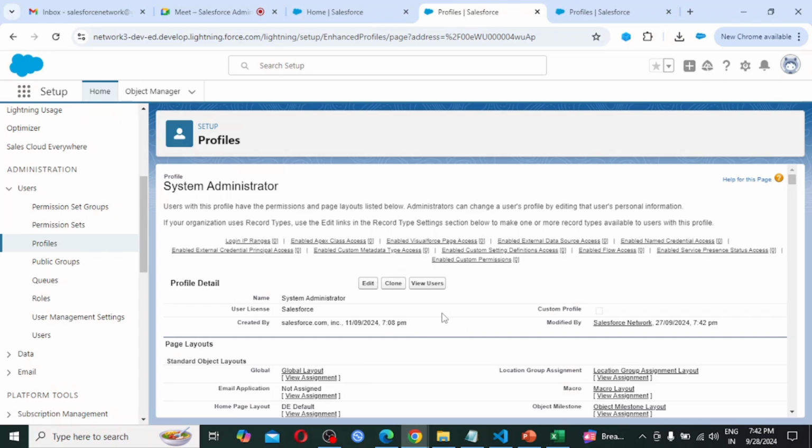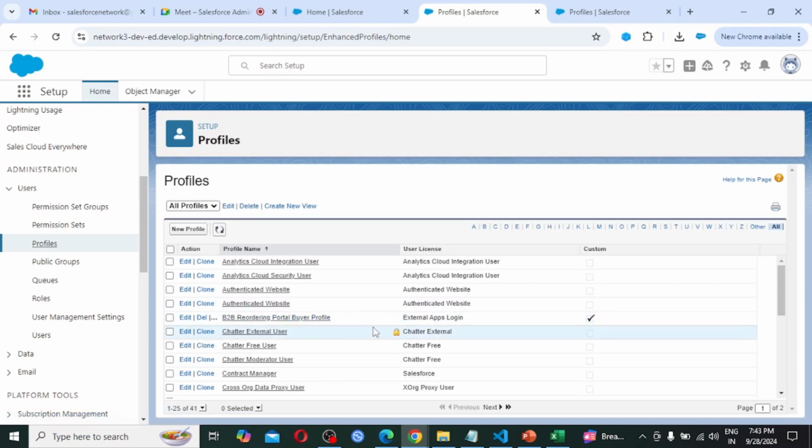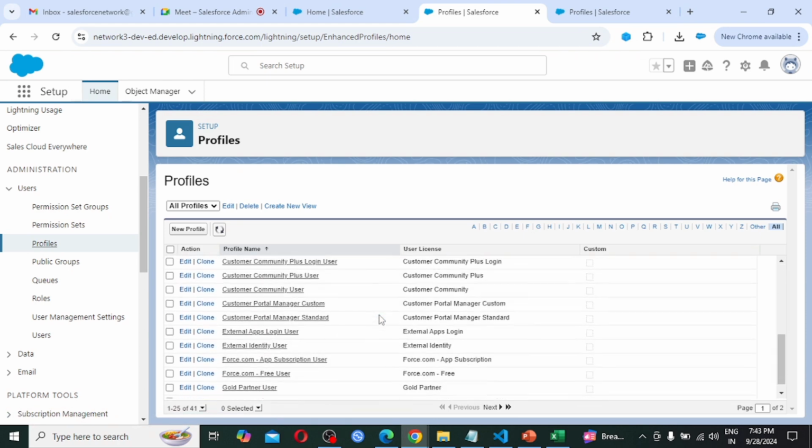So as per our assignment, we have to create a system administrator clone profile. So let's create. Again I am clicking on profile. Up to now these are all standard profiles.